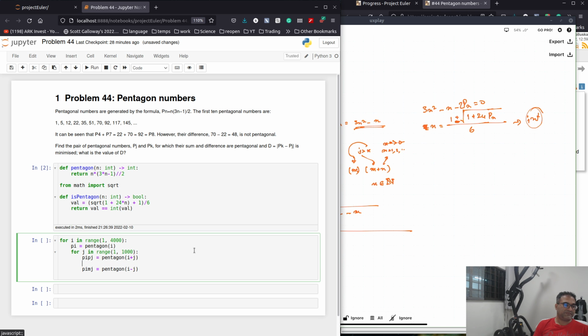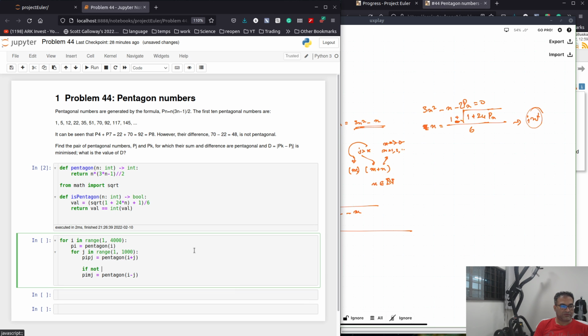So if not, this is not what we want. We want to find pj, which is the jth pentagonal number,